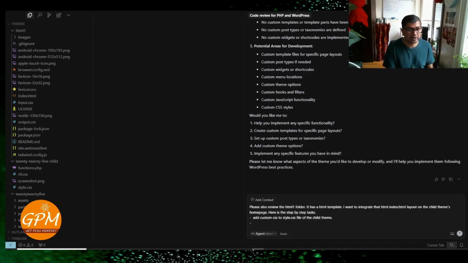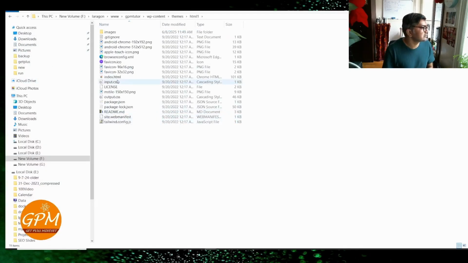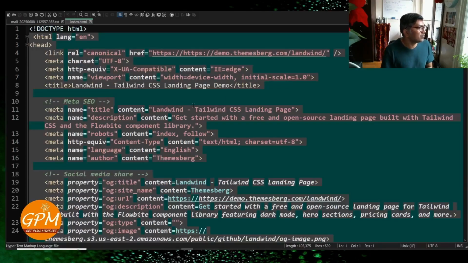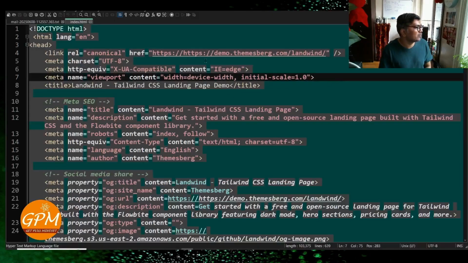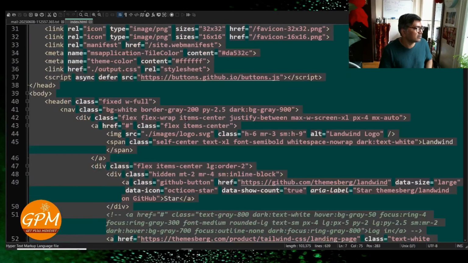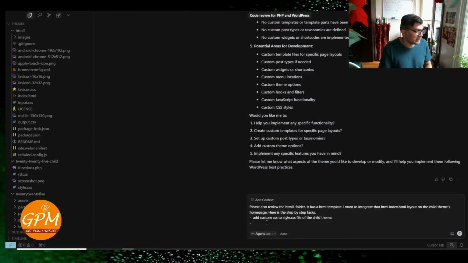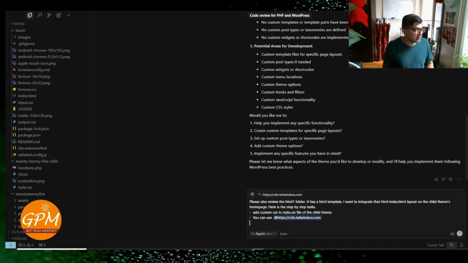Let me check how this Tailwind is actually called. I'm just opening this code view. CDN demo. This is the canary URL. Then there is a CDN URL for Tailwind. So I'm telling him here you can use the Tailwind CDN, then use the header and footer section of